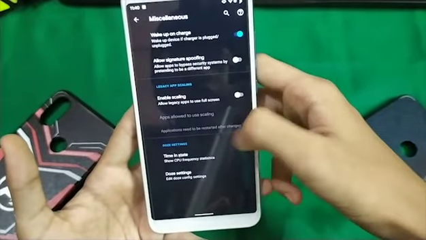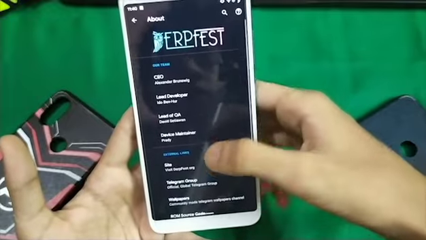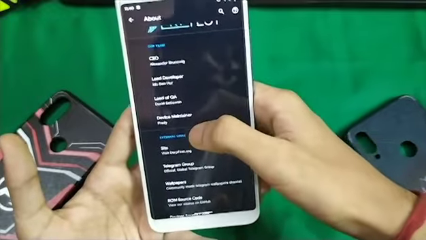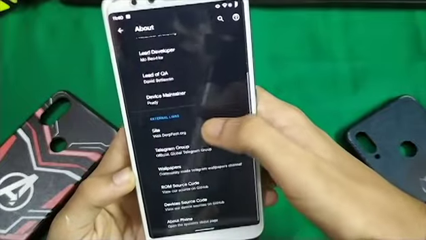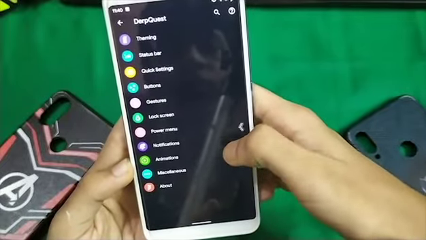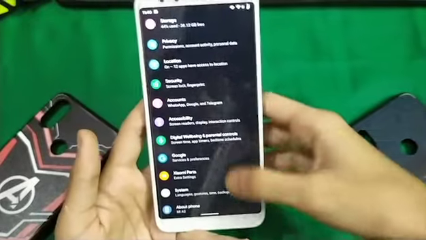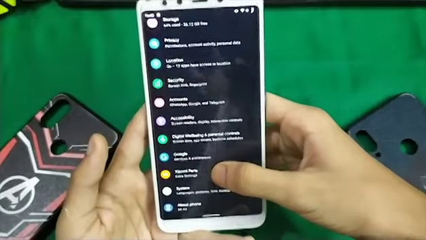So these are miscellaneous settings, and this is the about of the phone. The maintainer of this device is called Brady. And also, as you can see, there are Xiaomi Parts extra settings.